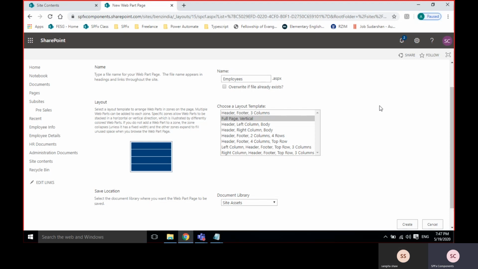For example, there was some training happening in the organization, and they want to share about the training. Today's training document, instead of a document, I want to share it through pages. Training documents.